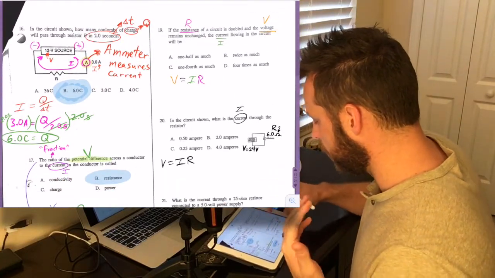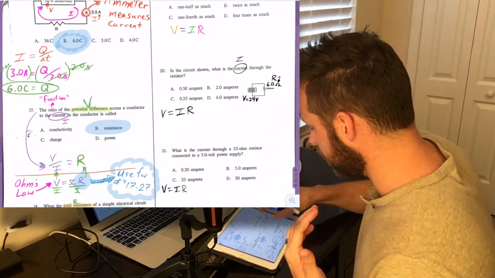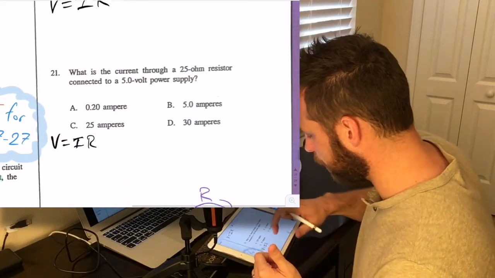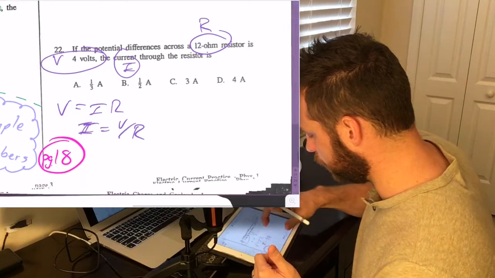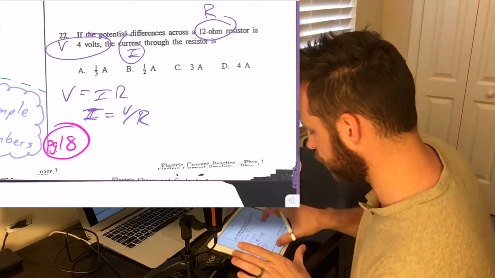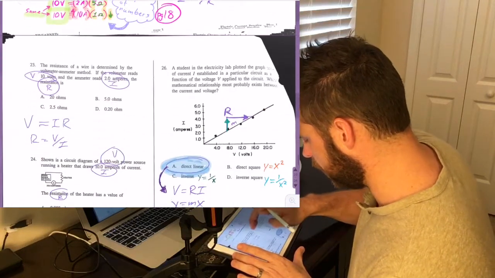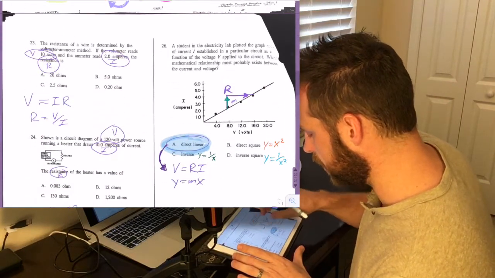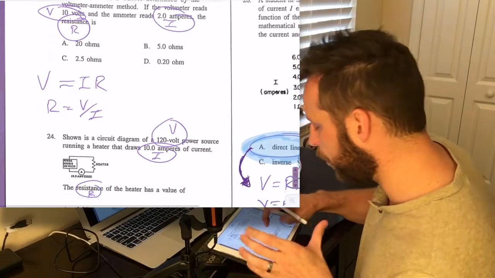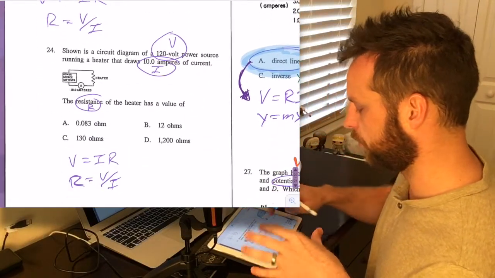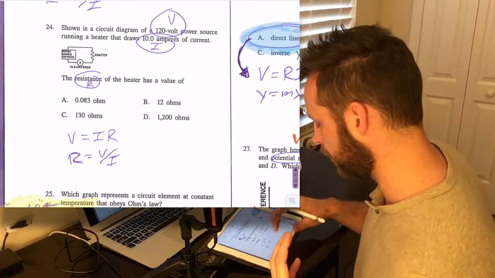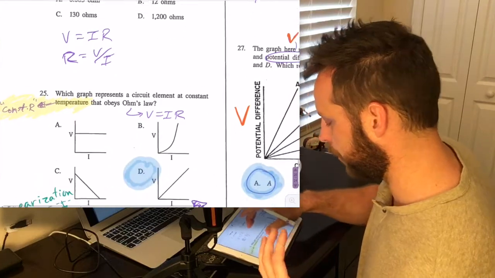Now, you're going to use V equals I R for 19, 20. Here's examples of where you're getting your numbers from, and 21, 22, and you can see that you're going to need to rearrange V equals I R a little bit there in number 22. Let's go on looking at 23, again rearranging V equals I R, getting comfortable with that. And you can pause the video at any time you need to, see where I'm circling things, getting numbers out of these questions, and then looking at the equations. You can pause the video